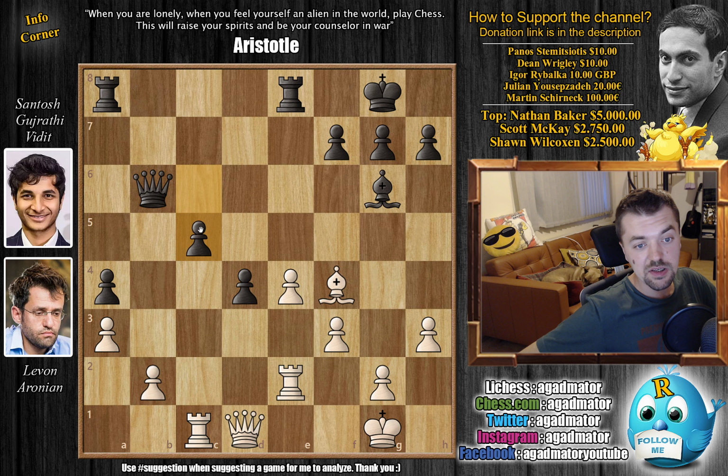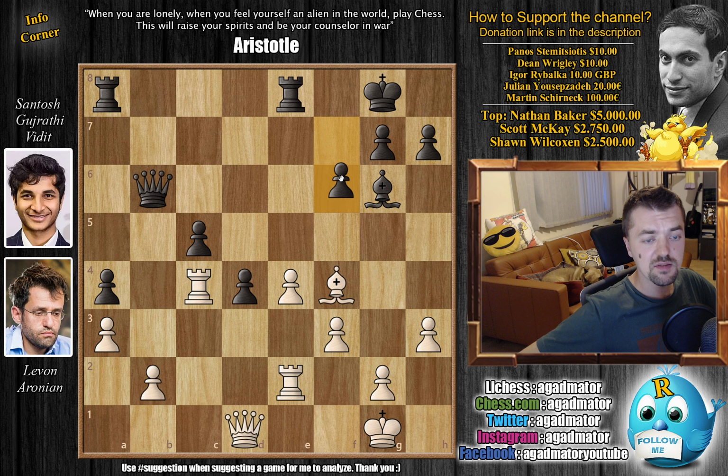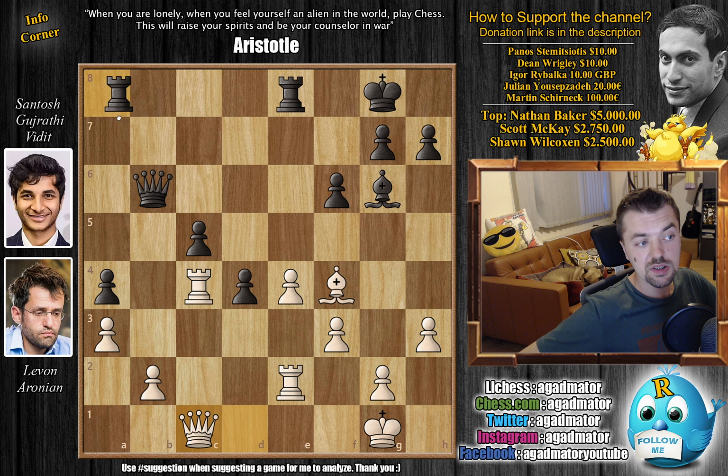We have c5 by Vidit, and now rook to c4, stopping the further pushing of the c pawn, and also preparing queen c1 to go after the c5 pawn. We have f6, keeping an eye on the e5 square, and now queen to c1, going after the c5 pawn. We have rook to a5 defending, and here Levon just goes rook e to c2 with a triple attack on